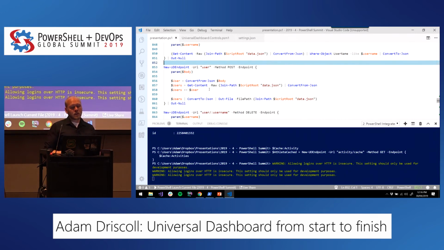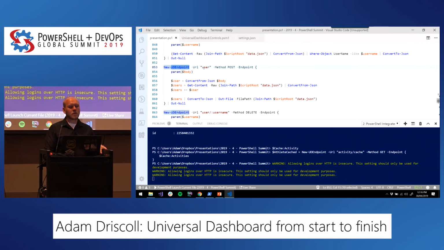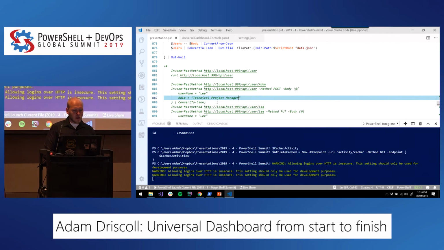Okay, so some other things that you can do in addition to just getting data is actually updating data. That's usually what the post method is for. It means add an item in the REST world. So I'm using the same URL, but in this case I'm going to do a post instead of a get. And then you actually get the body in there, which is just the string value of JSON. So you can specify body, convert that from JSON, and it converts it into a PS custom object. I can add it to my list of users and then write it back out to that file. So we're going to actually add Lee